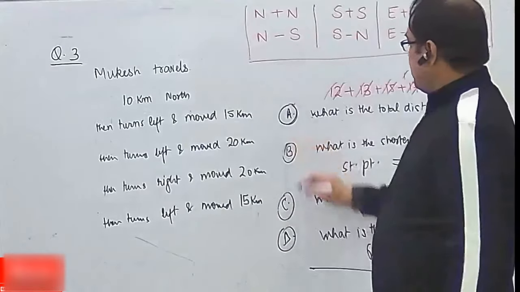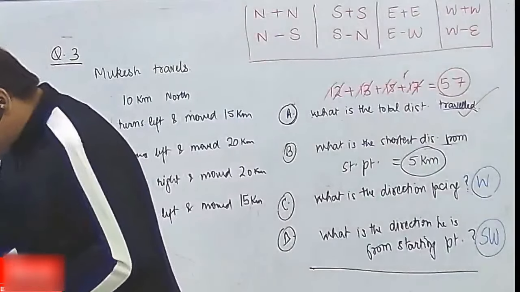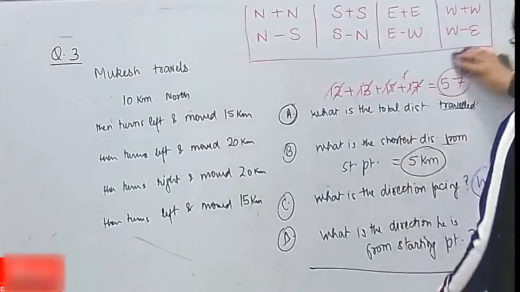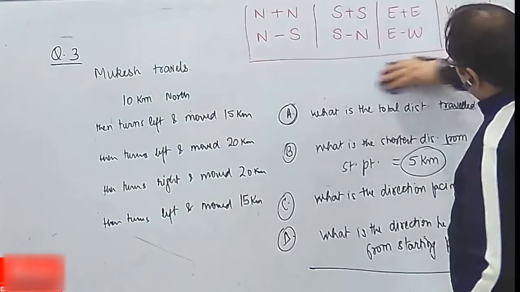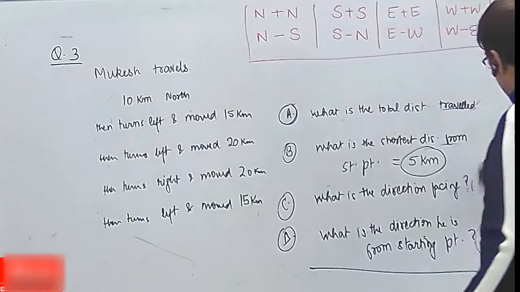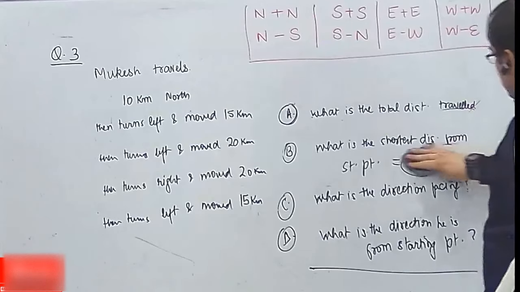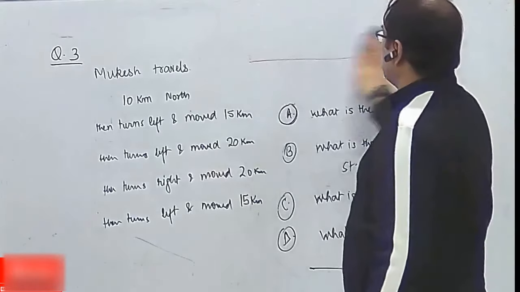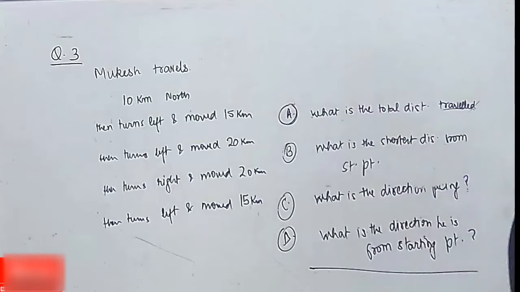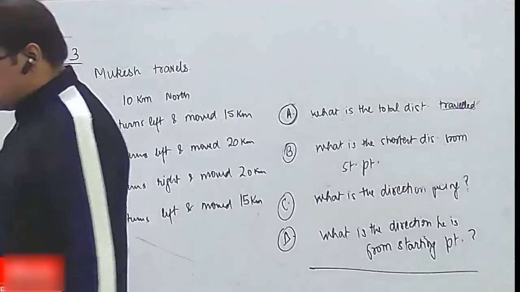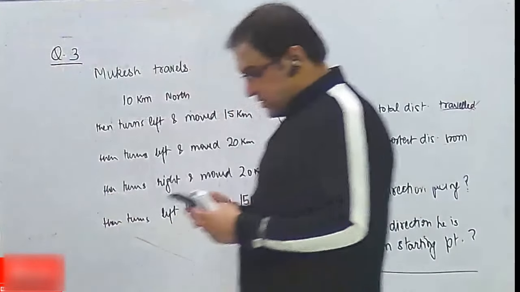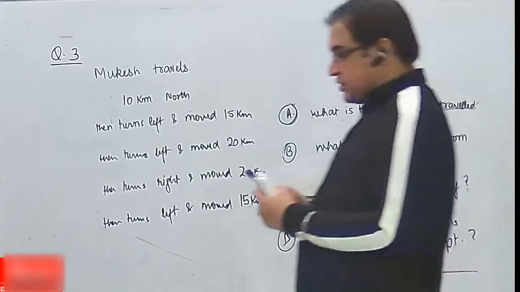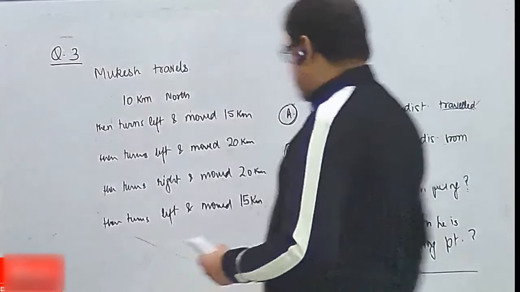ऐसे ऐसे टर्न करते करते वो इतना इतना चला। अब आपने क्या निकालना है, यही 4 क्वेश्चंस निकालने हैं आपने स्टूडेंट। ओके, need to find out what is the total distance traveled by Mukesh, and then what is the shortest distance, and what are the directions facing or direction from the original point क्या रहेंगे। ओके, तो इसी के साथ लास्ट क्वेश्चन है, इसी के साथ हम आज का लेक्चर एंड करेंगे। बट उससे पहले जाते जाते क्वेश्चंस के सारे आंसर्स आपने सही निकालने हैं। लेट अस सी इसके आंसर सही आते हैं। अब जिन्होंने भी गॉट इट सर लिखा है, यस सर लिखा है, तो अब सही आंसर निकालने भी पड़ेंगे। ओके, चारों के चारों अब निकालिए आंसर और मुझे बताओ।